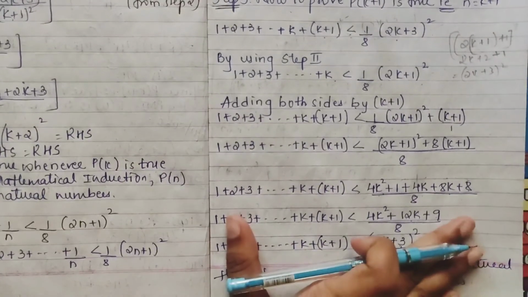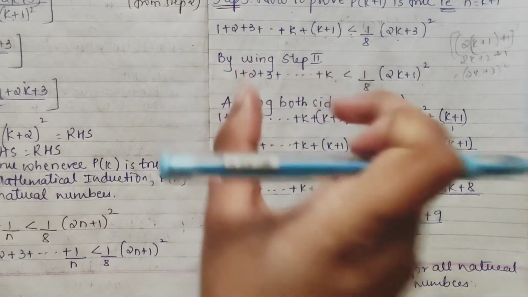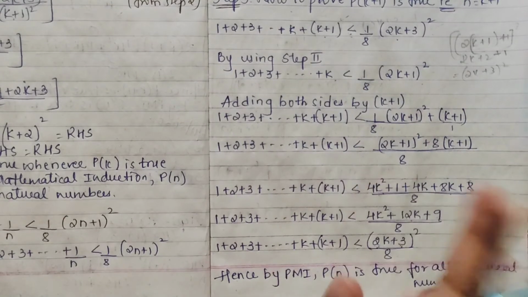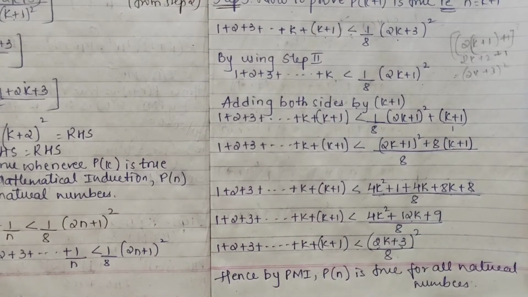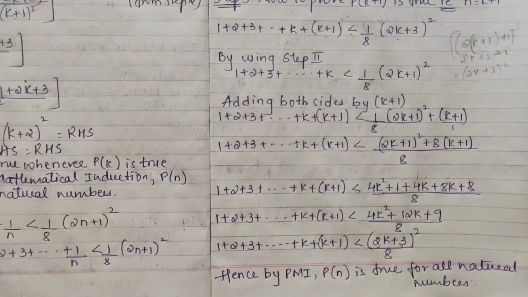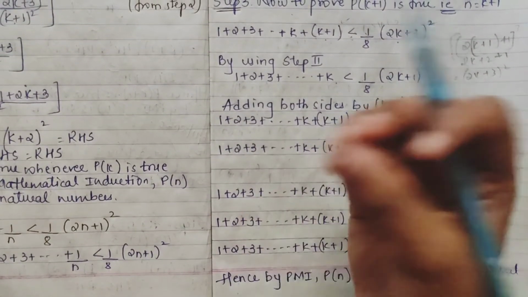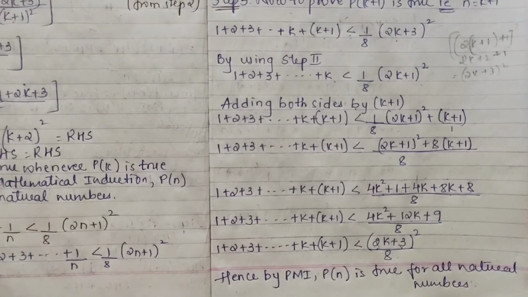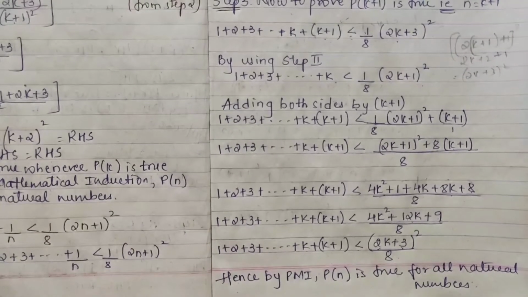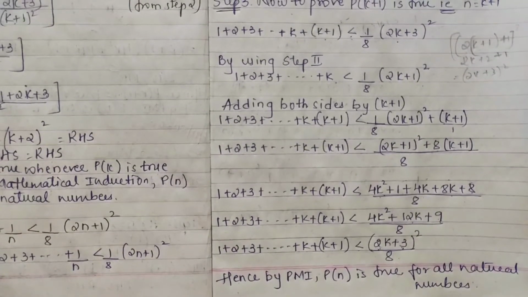Okay. In such questions, you have to make use of your whole step 2 because there is no equality. We are doing it for inequality, right? Procedure is the same, simple, everything is the same, only steps are the same, only just here you have to make use of what you have to add, you have to subtract a little bit. You have to be careful enough in that. Okay. I hope this much is clear for you.